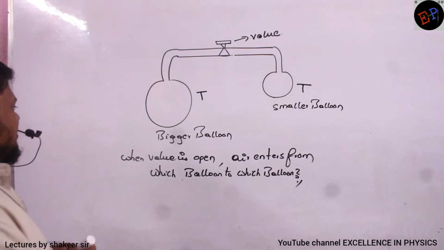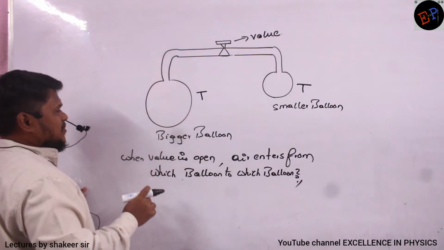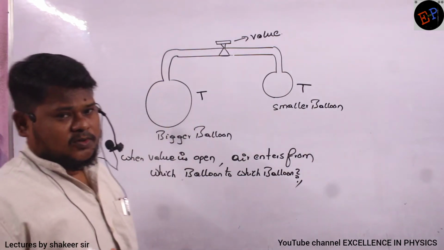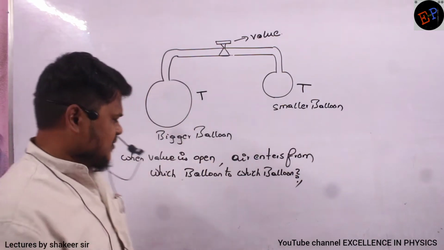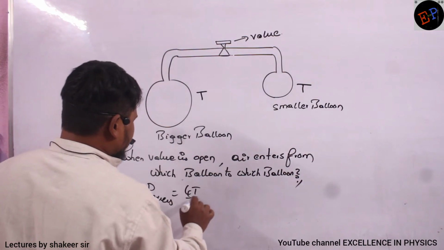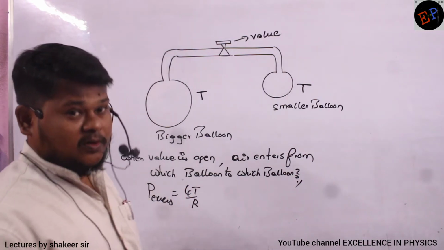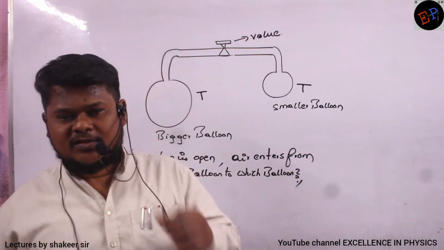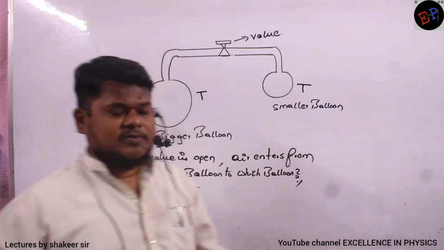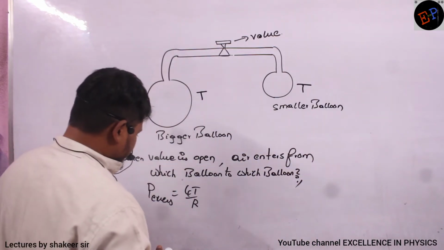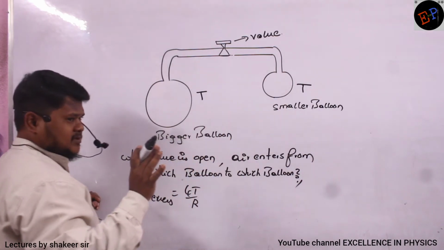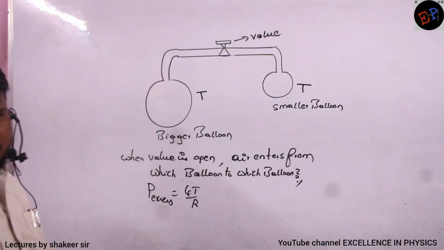See now, excess pressure inside the balloon, what is the formula? This is a balloon. Balloon means how many surfaces? Two surfaces, one inner surface, one outer surface. So what is the equation of excess pressure inside a balloon? Excess pressure is 4T divided by R. So in a soap solution, in a balloon, the formula is 4T by R, because soap solution also has two surfaces, balloon also has two surfaces. Here surface tension is the same in both of them. This balloon material and this balloon material are the same, so surface tension forces remain the same.